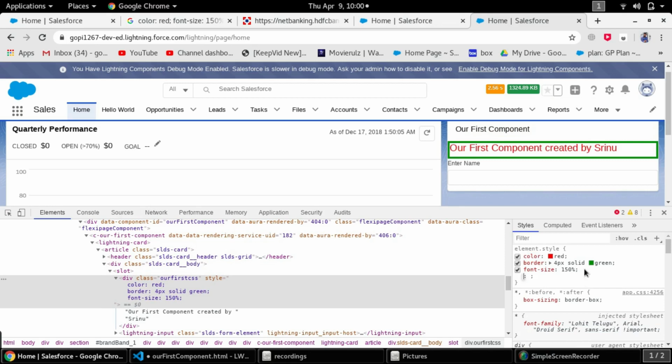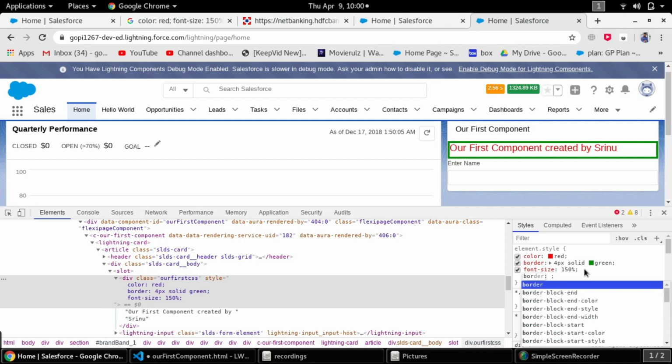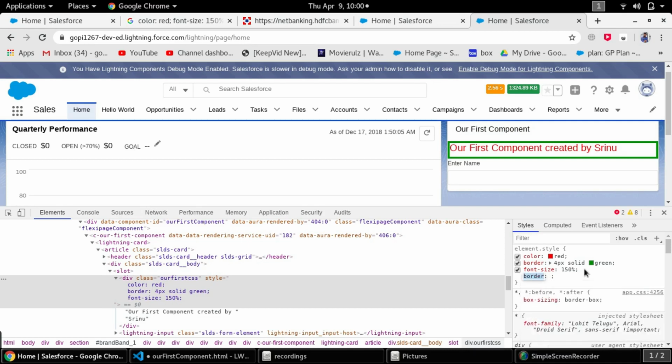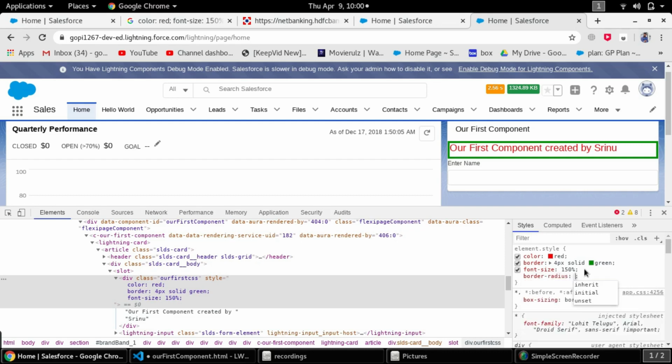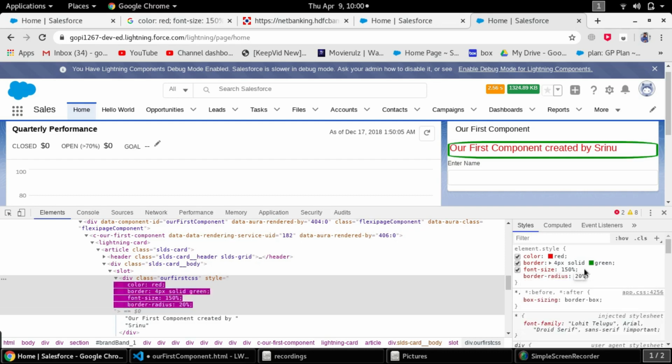Now if you want curly edges, you can depend upon border radius, and you can give 20%. If you want to give more, it will round the edges further. Right now 15% is enough.